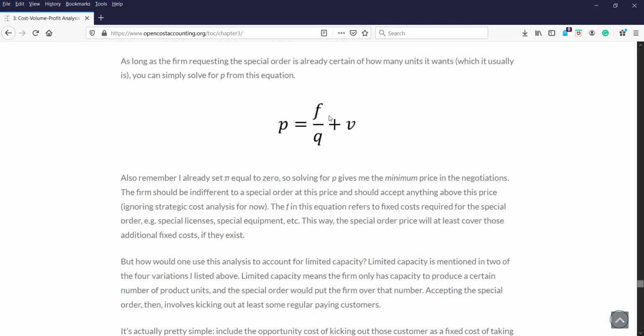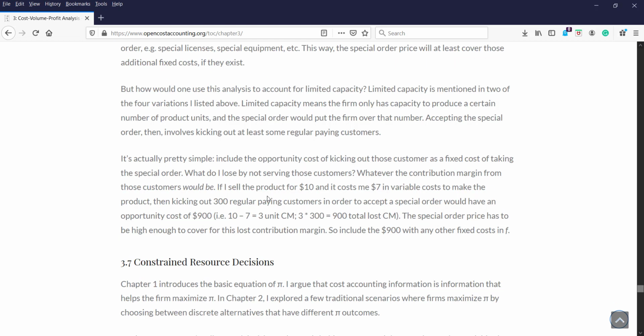And if we pass on the special order, we don't have to incur that. It's a fixed cost of taking the special order. We don't have to kick those customers out if we don't take the special order. So here, I don't tell you exactly what the capacity is. I simply say that accepting the special order is going to result in kicking out 300 regular paying customers, assuming each customer buys one unit, in order to